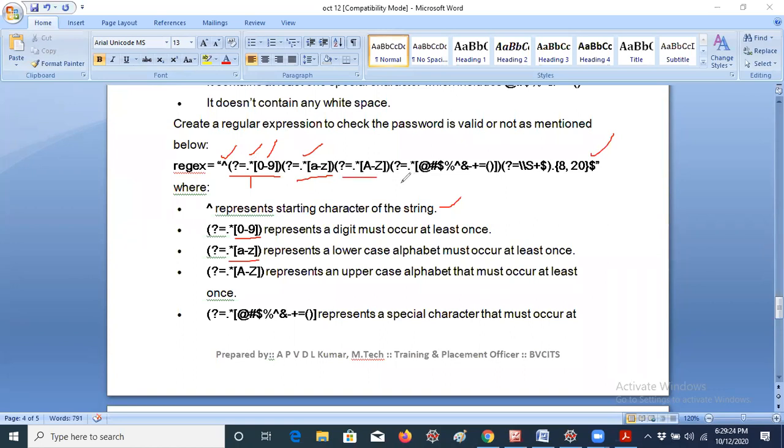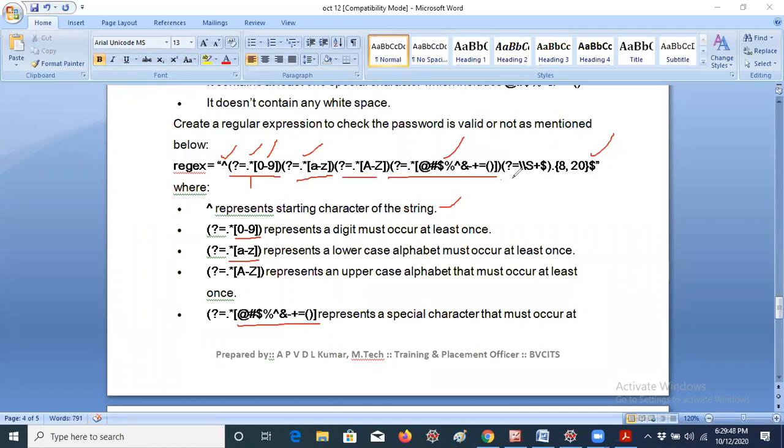Here I have given all the characters, but for special characters, our keyboard contains so many special characters. I'm just assuming only some characters. Because if you want to specify all the characters, you need to specify all of them here. So question mark equal to dot star, you have to specify at the rate hash like that. These are all the characters. We have special characters. So this is the code for special characters.